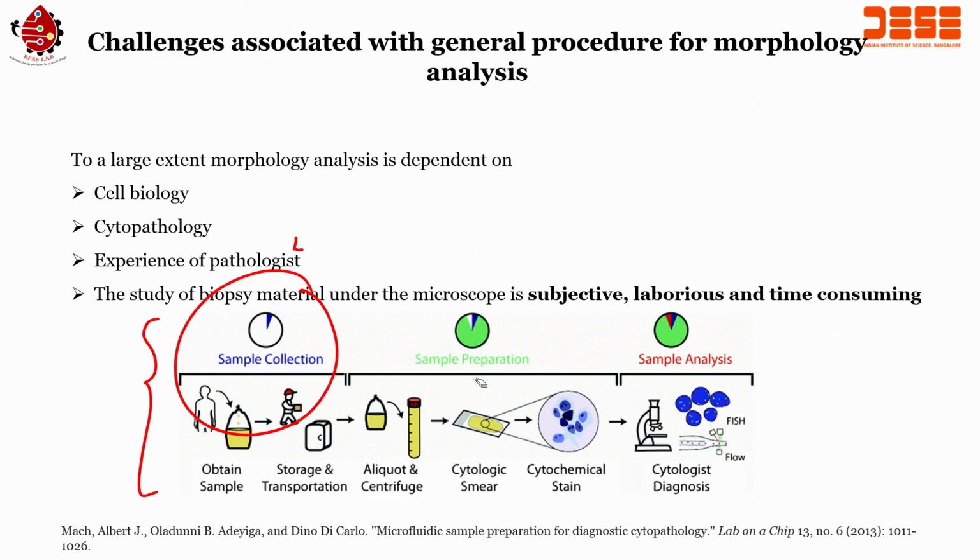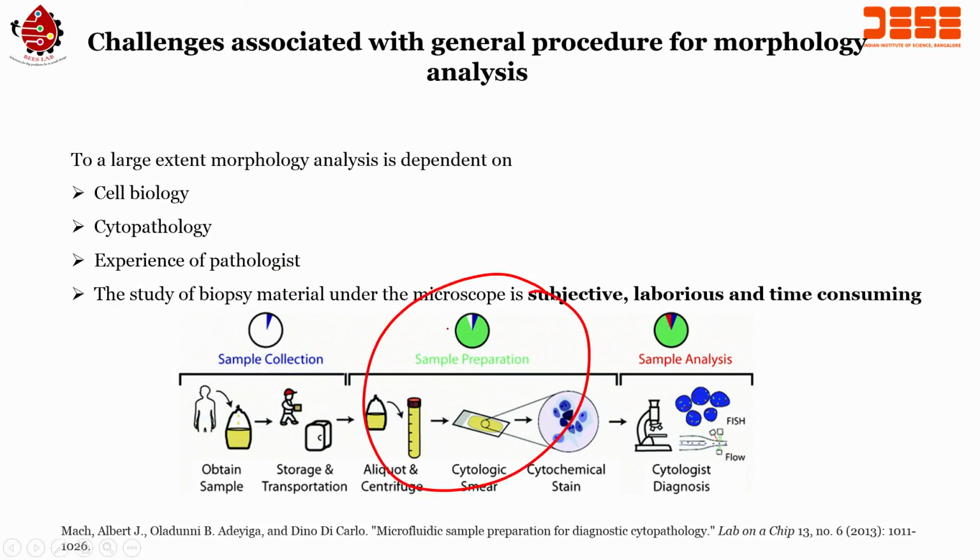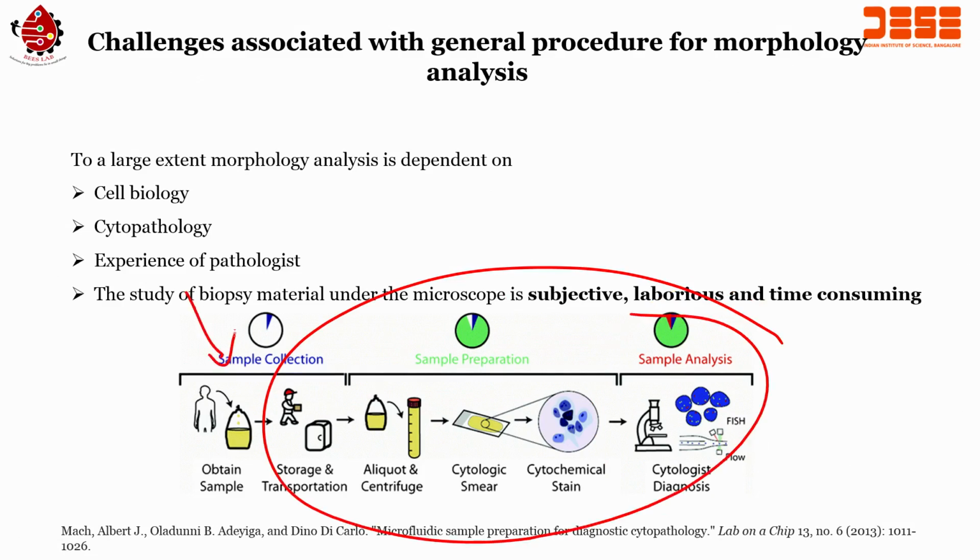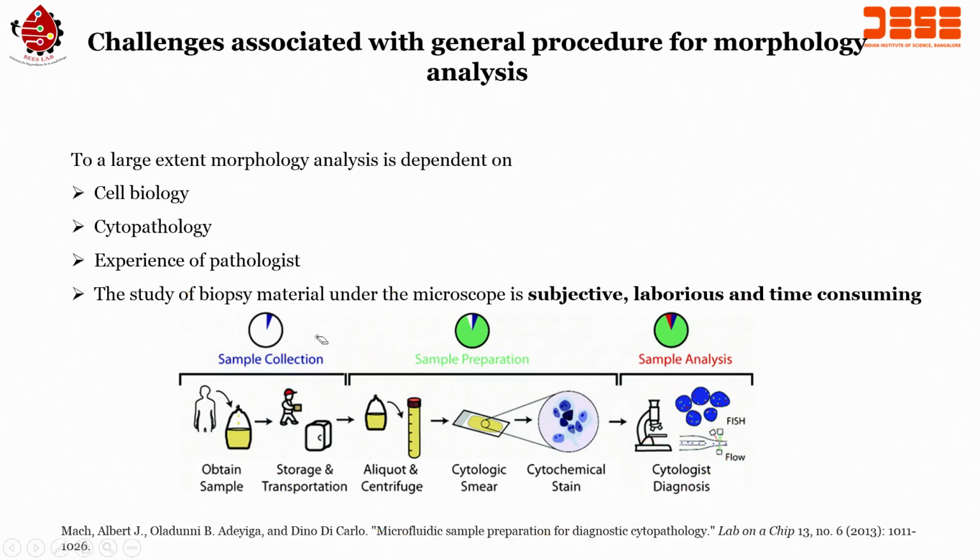Once you do that, you can stain it with a cytochemical stain, for example, HNE staining, and then the sample preparation consumes time. Then we have to send it to a pathologist. So, this pathologist will understand the cell morphology in the microscope, analyze it and come up with the diagnosis. So, these are the challenges, and if you can reduce this whole process, so that when the sample is collected and you put it on the slide and it can give you the analysis, that is great. So, let us see how we can do that.